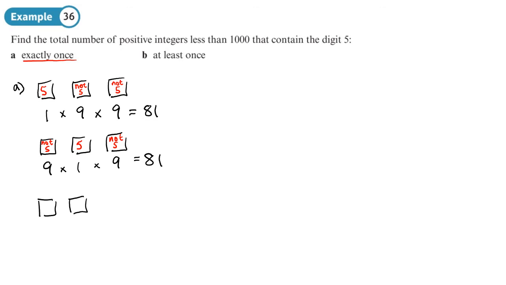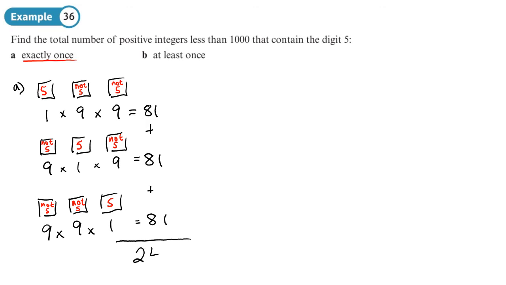If I now consider the 5 to be in the last position, like this, so these can't be 5. Now they can be 0s, so that I include the 2-digit numbers and 1-digit number. And again, this leaves 9 choices for the first digit, 9 for the second, 1 for the third, gives 81. So the total number of positive integers where there's only one